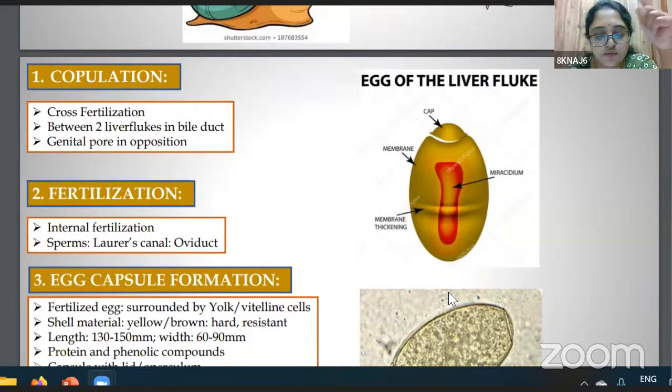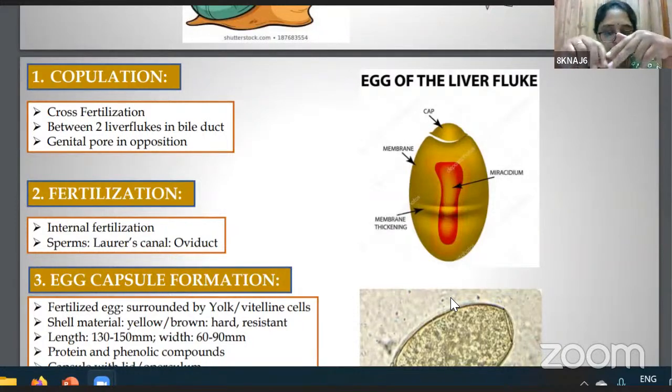So the cirrus of one fluke, that is the penis of one fluke, penetrates into the Laurer's canal of the other fluke and injects the spermatozoa. That is where the Mehlis glands and the vitelline duct come into play, wherein the secretions of the Mehlis glands help in the activation of the spermatozoa and in hardening the eggshells. So the spermatozoa move to the distal end of the oviduct where the eggs from the ovary reach, and thus